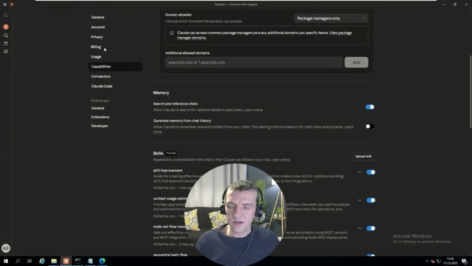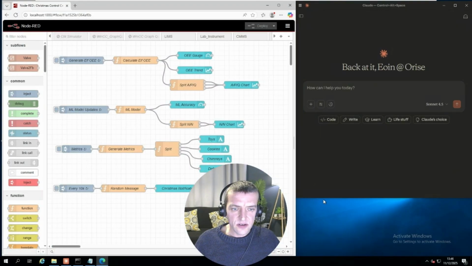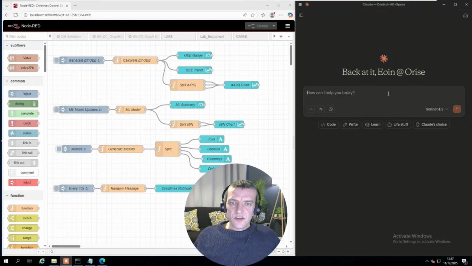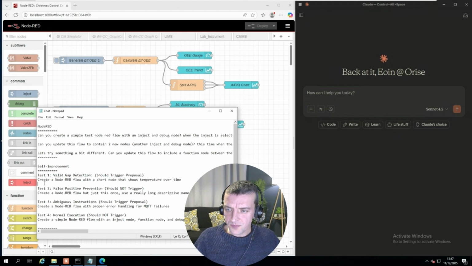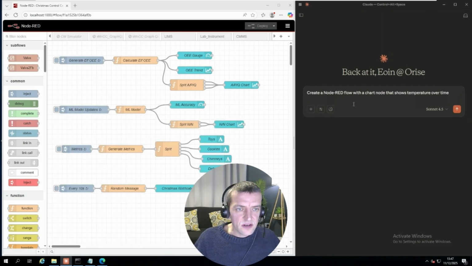And if I go to a chat now, I'm just going to set it up here so I can show you a quick example. So what I've been doing lately is building out something that allows the LLM to build different flows in Node-RED, and just using this as an example of how this improvement skill works. So what I have prepared here is a quick prompt to create something in Node-RED. I've chosen this one in particular because I know the Node-RED skill doesn't include any details around this chart node type. So when I run this prompt, Claude is going to try and build out what I've asked it to,